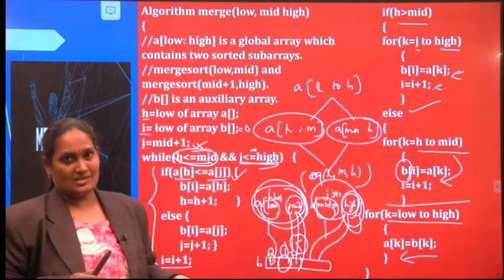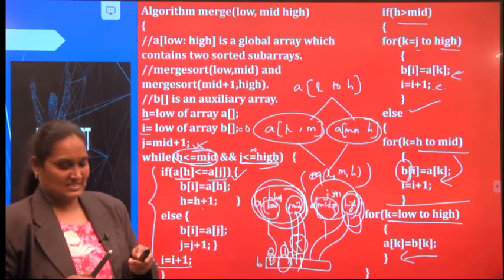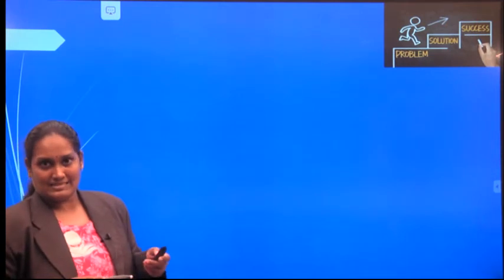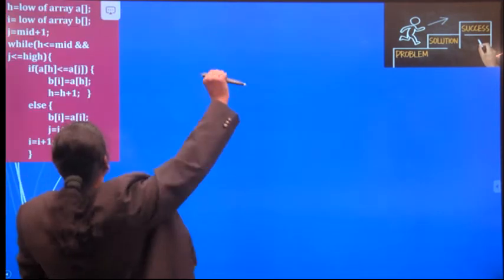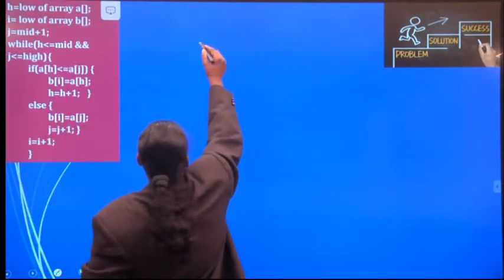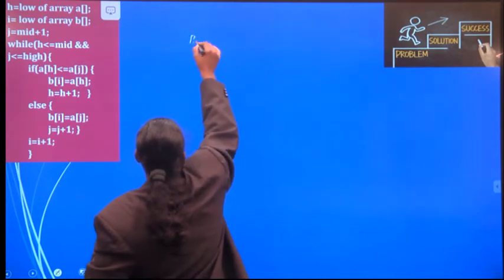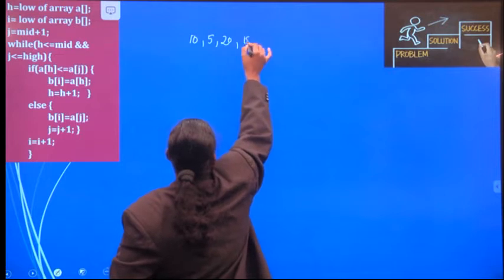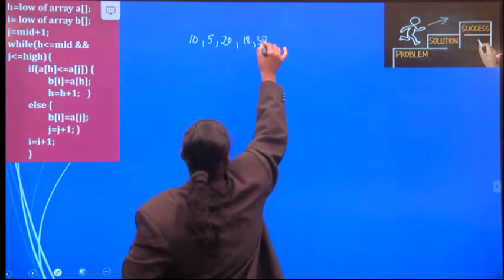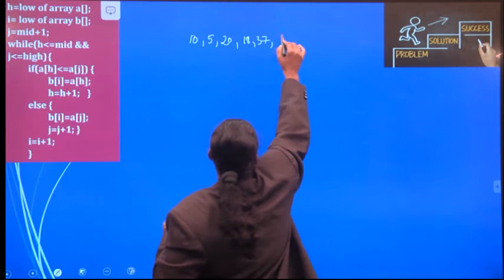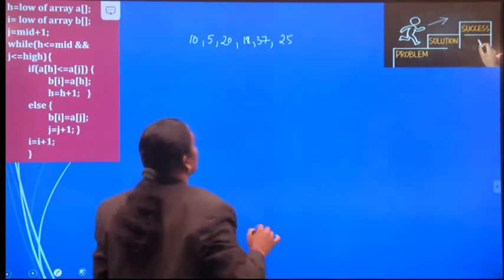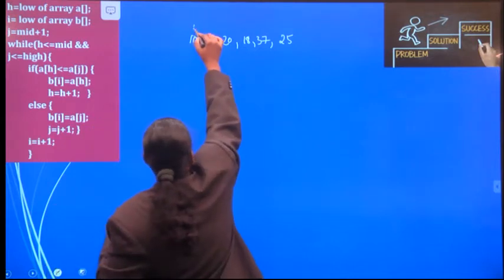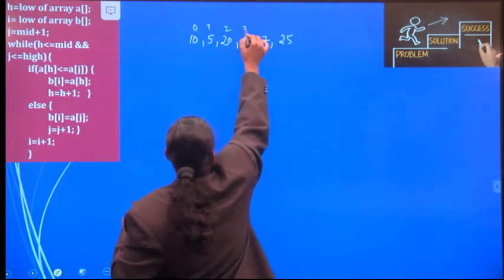So we have seen merge sort as well as the merge procedure. Now I will explain this by taking an example. Let us see the example. Here, first I am going to take some number of elements, represented like this. Here I considered 6 elements. The index values of those 6 elements are represented as